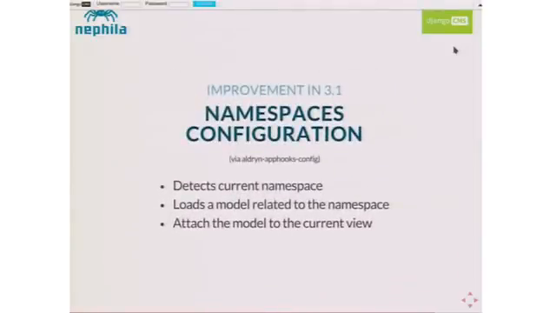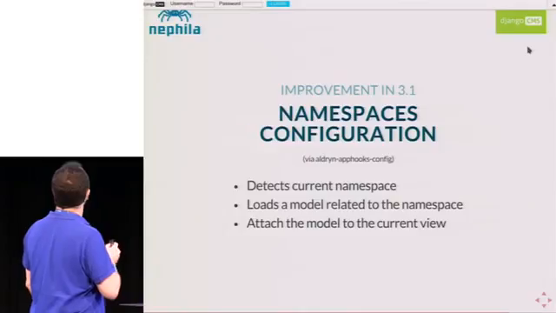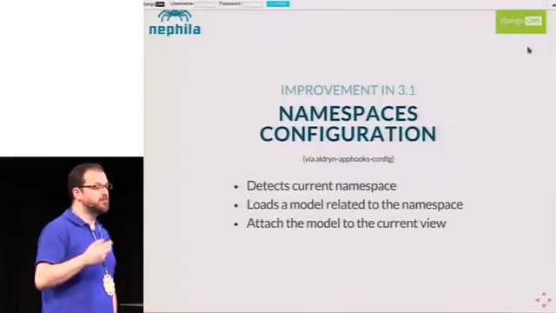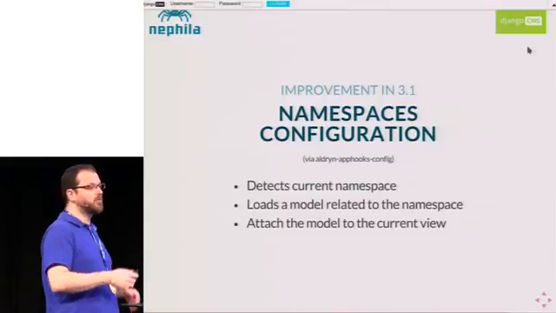First, let's digress and see a few improvements in this area that Django CMS has made in the past year. Basically, they are all very new. The first one, which appeared in 3.1, is namespaces configuration. Right now, you can have